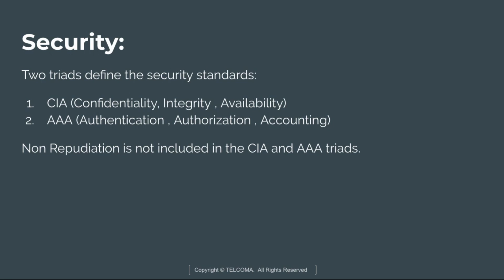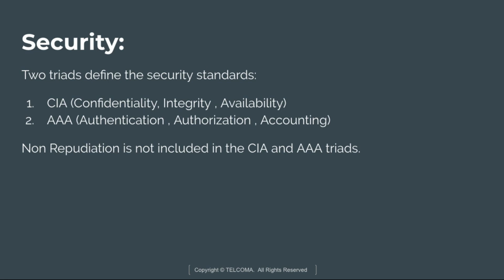After that, the next part is the triple A, that is authentication, authorization and accounting. So authentication here stands for the act of verifying a claimed identity. That means the person, like adding a username and password. So it is a way of authenticating a user, like entering an ATM card PIN. So these are the examples in the authentication process. After that,